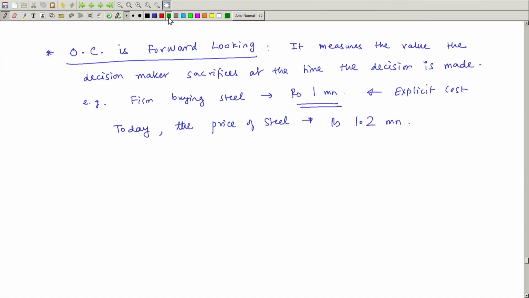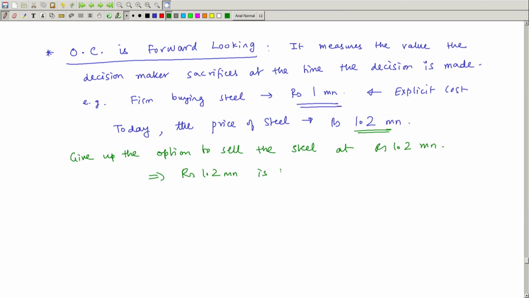Well, what could have been the next best alternative? The next best alternative would be to sell the steel today and earn 1.2 million, right? So I give up the option to sell the steel at rupees 1.2 million. So rupees 1.2 million is the income foregone,